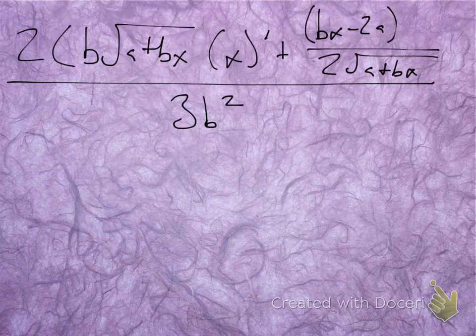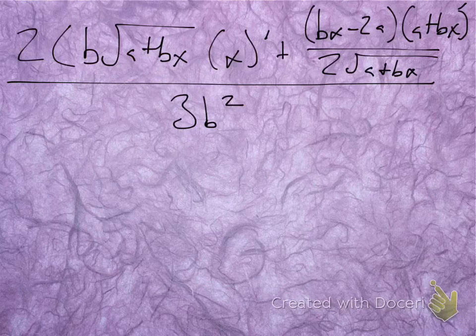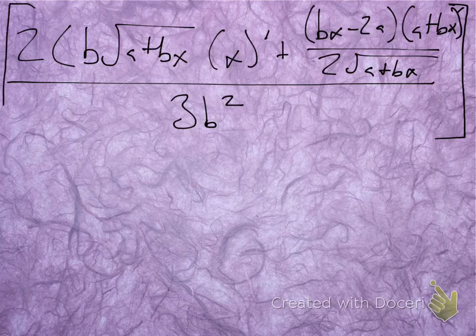This is an awful problem. A plus bx prime. I'm sorry, there's the button there that takes you to the next page, so a plus bx prime. Okay. Whew. So, all of this huge, ugly rational within a rational, which is typically something we hate to have,